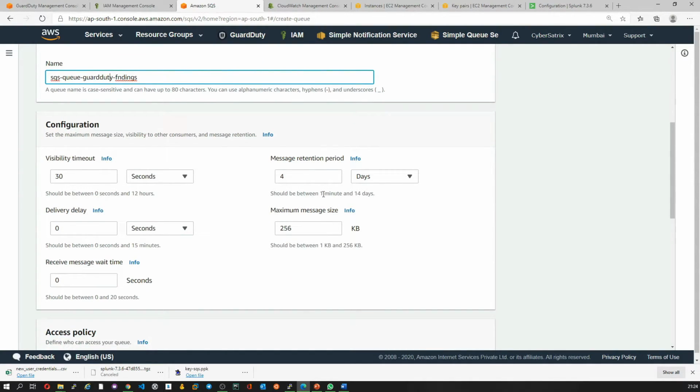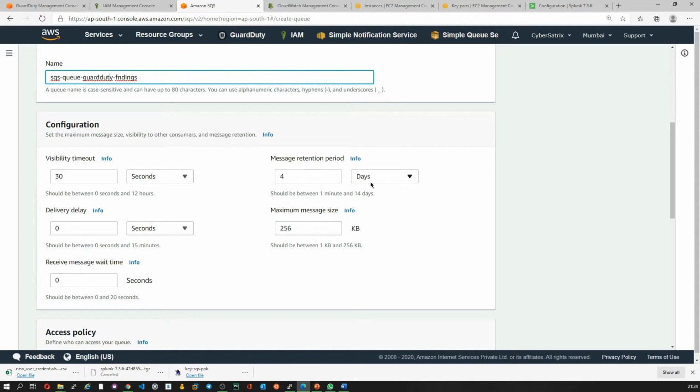And yeah, this is the default configuration that is set up on your SQS queue. So you have visibility timeout. It basically means the length of time that a message stays invisible in the SQS queue once it is picked up by the consumer, right? So let's say you have three messages A, B and C. Once the consumer pulls message A, then it will wait for 30 seconds for another message to be visible, right? And as I told, retention period is 4 days by default.